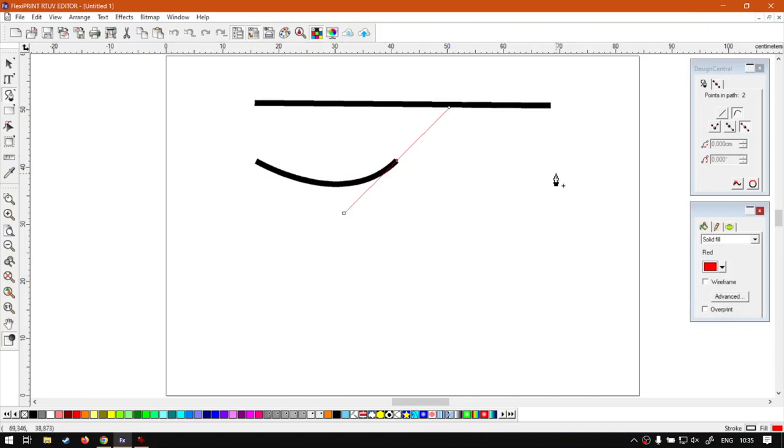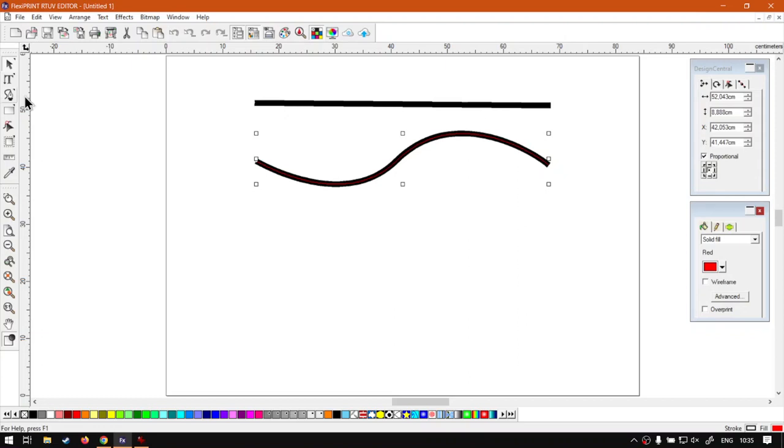Then what I'm going to do is I'm going to click here at the end, left click and drag again, and just complete that curve like so. Then I'm going to select my selection tool again, and there we go. So this is the straight line, then we have our curved path, and these two, if you combine them, you can make quite an interesting outcome. Like you can in many ways combine, let's say, a form of circular shape with a rectangle and so forth. It's really an endless amount of possibilities with just these two controllers. Now another point